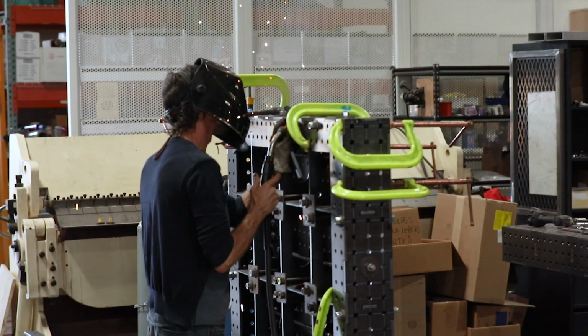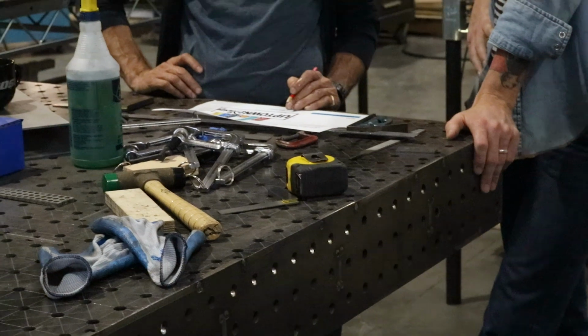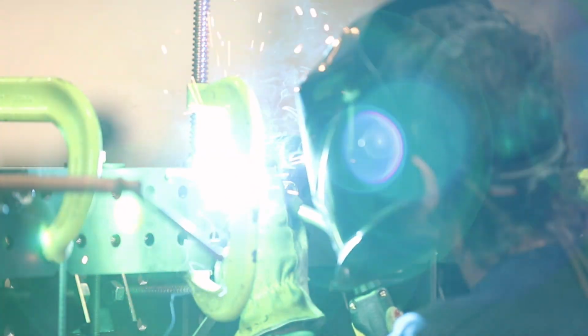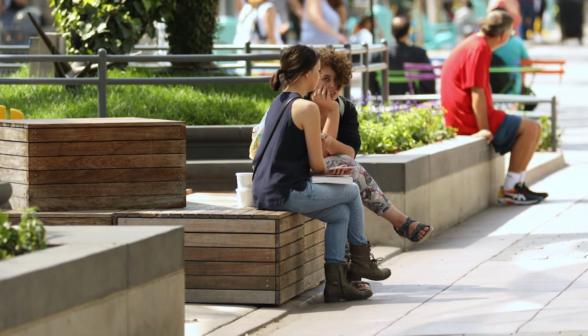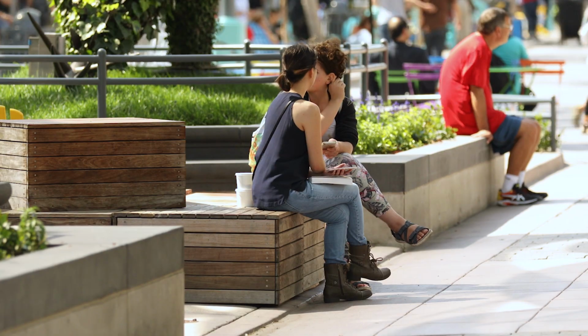We're working with a group called Pink Sparrow. They're a design build fabricator who we can bring our sketches and models to, and they can commit to delivering that outcome in the ground on a quick timeline. Each physical intervention that you see out there is guided by a question that hopefully will lead to the future design. This engagement with one another face-to-face is the solution to the problems the internet age has created in retail,